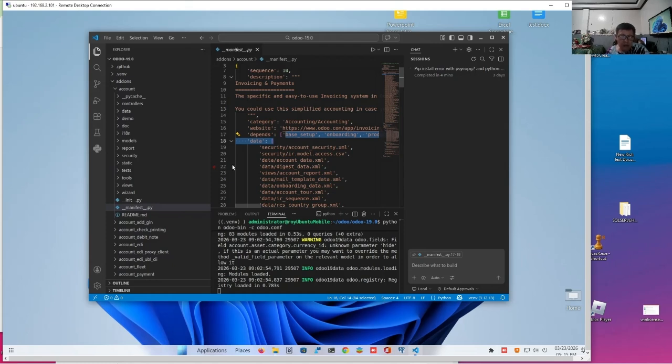Manifest.py lists all non-Python components. Okay, I hope you're clear enough. Because we are going to build our application, and every time we build our application, we create a folder, we create an init.py, we create a manifest.py. That will always be the practice.